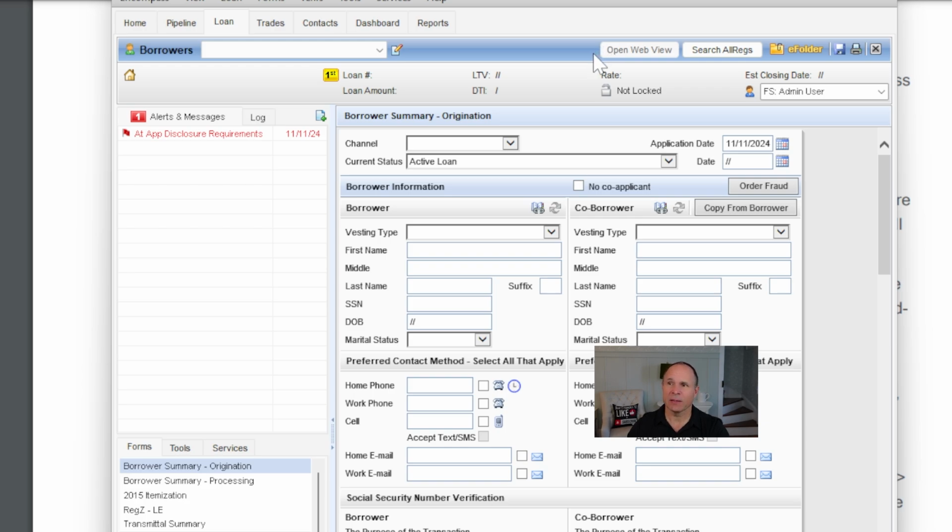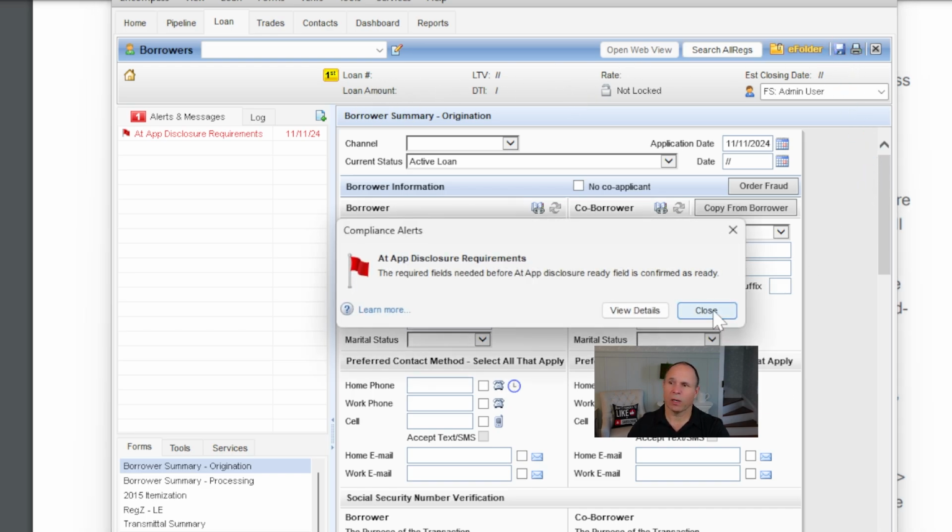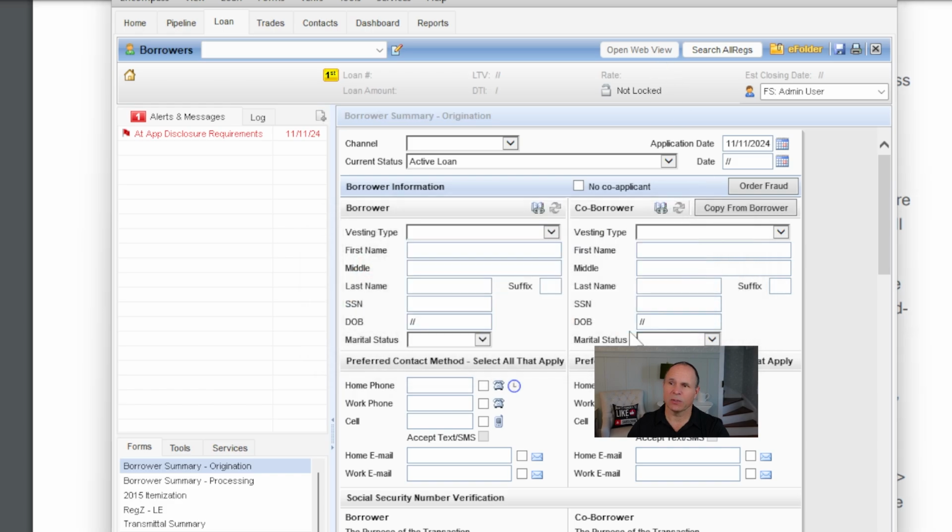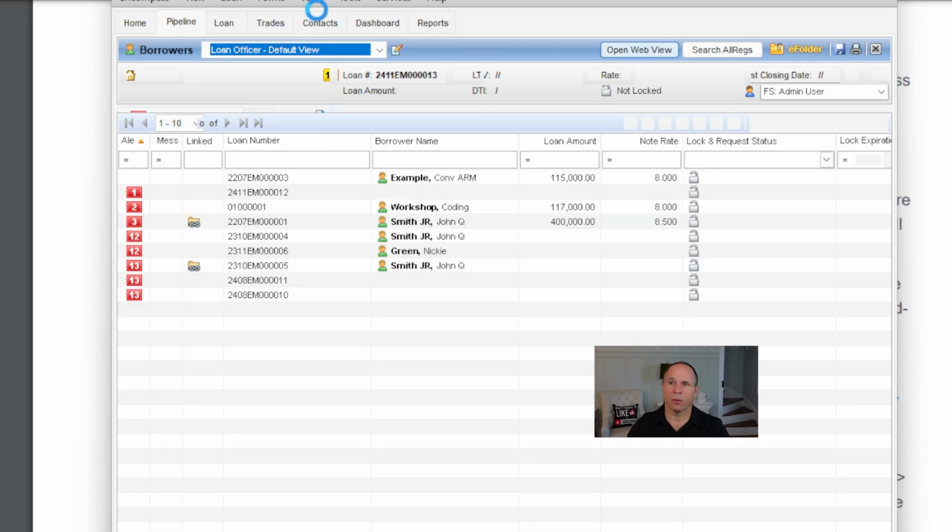So I can see this happening, a lot of confusion with folks that go create a new loan and they want to click on this. If you don't have a loan number yet, click Save. The reason that is grayed out is because there is no loan yet in the Encompass platform to open in the web. Now, if you go ahead and click that Open Web, what's going to happen is in your default browser, it's going to launch this new tab.